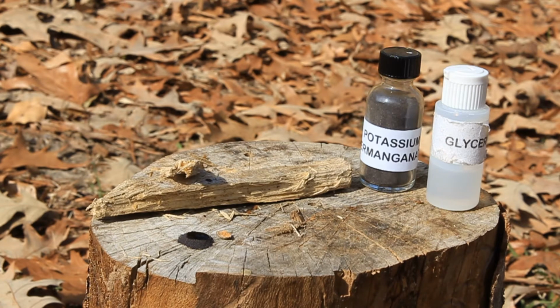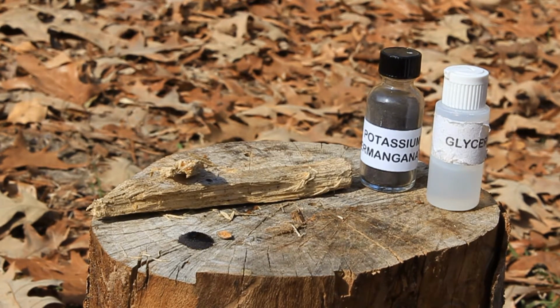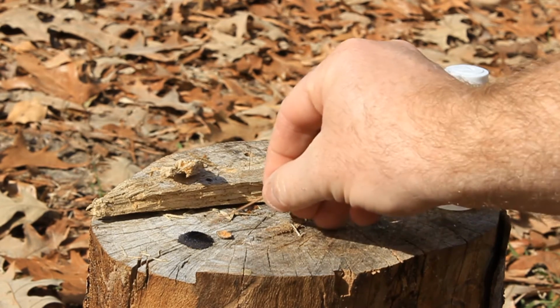While we're waiting for this to start its reaction, the thing that you'd want to have ready to go with this is all of your dry tinder, all of your basic fire lighting necessities that you would use for any other style of procurement of fire, whatever that is. So as long as I have all that ready to go, then you've got the triangle met to make fire. As you see, this reaction didn't just take right off like some of them do. What we can do,